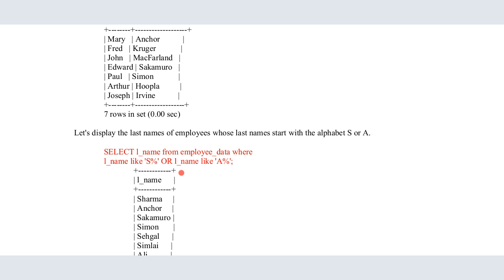Or should have an A as the initial letters. Okay, so you can see how we brought the like operator together with another operator, or, to provide a more open type of command, so that it allows a selection of more and more content from the database. So we use an OR if that particular data set is either not properly filtered,